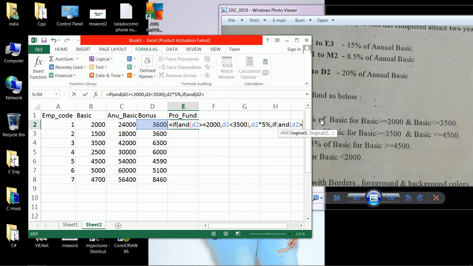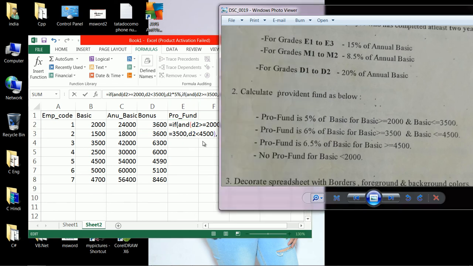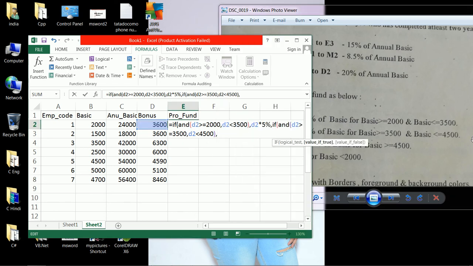D2 is greater than or equal to 3500, comma D2 is less than 4500, then provident fund should be 6%, then D2 into 6%, comma.